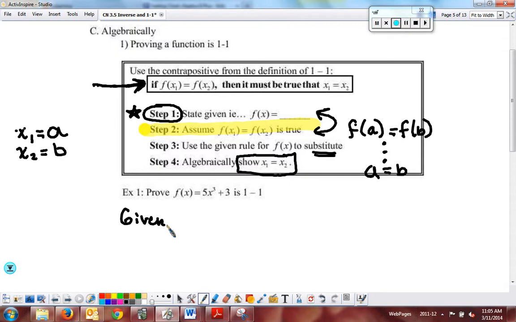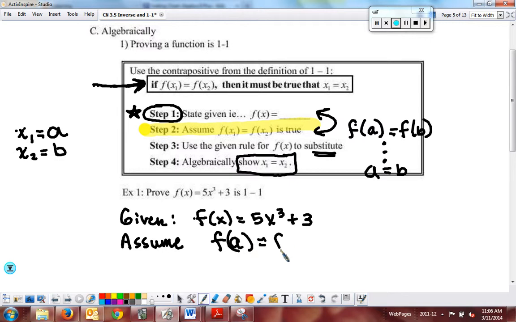So I want to prove that this function is one-to-one. Given, it's the easiest point you earn on a test: f of x is 5x cubed plus 3. Now, do I have any belief that this function is one-to-one? It's a cubic with a vertical stretch of 5 and a shift up of 3. Just picturing the graph in my head, I believe it's one-to-one. Okay? I am going to assume